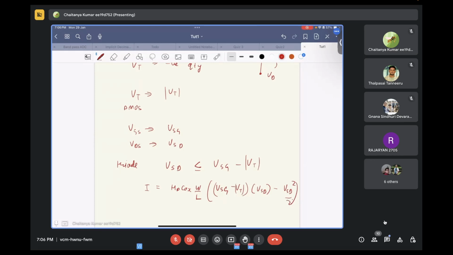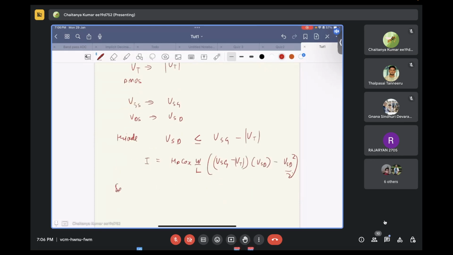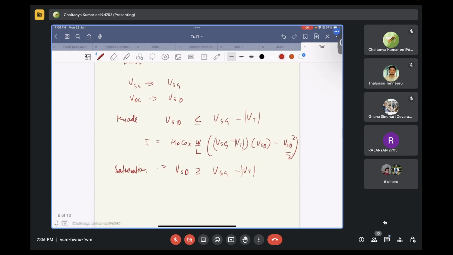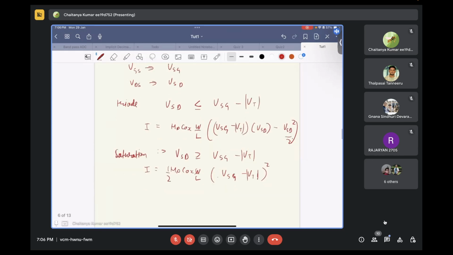And for saturation, VSD is greater than or equal to VSG minus modulus of Vt. So your current becomes mu p Cox W by L, half of this, times VSG minus modulus of Vt whole squared,